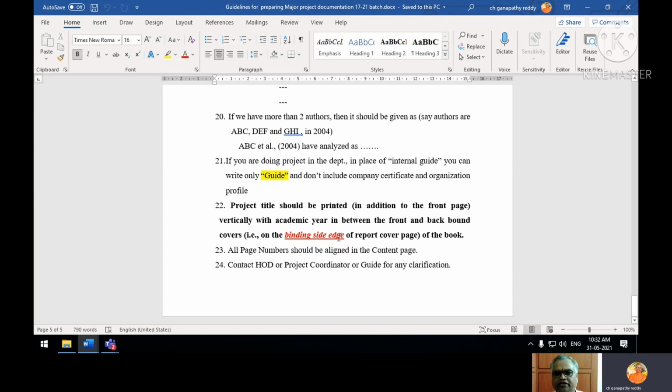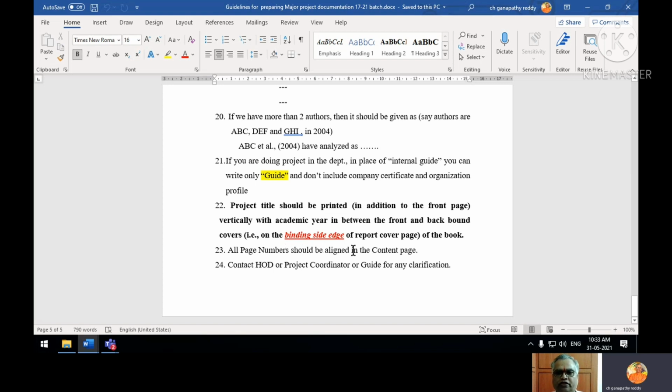So on the binding side edge, you write the project title, your academic year, and so on. Without opening the book, the in-charge or a student can identify it easily.